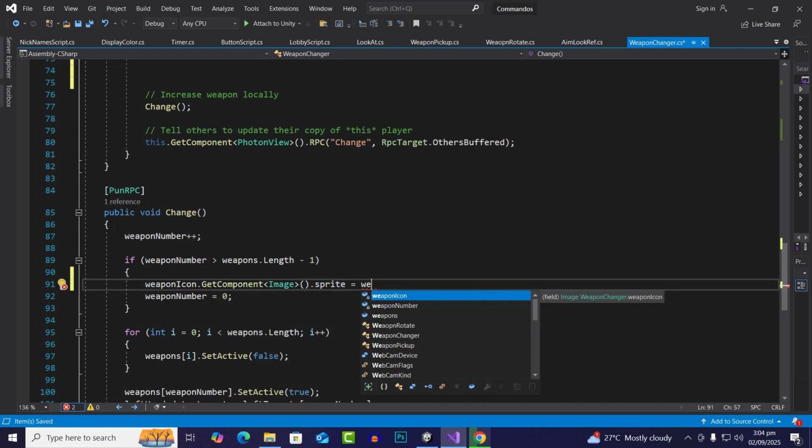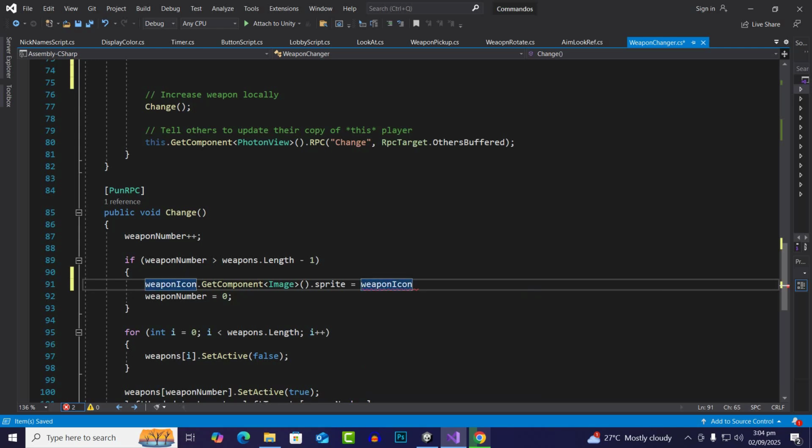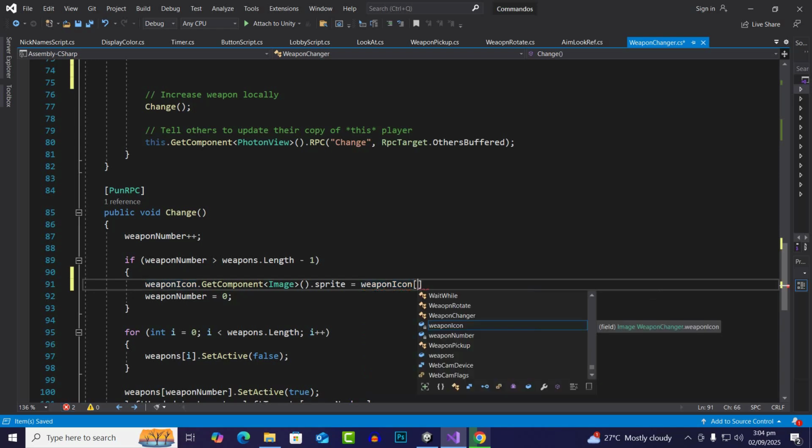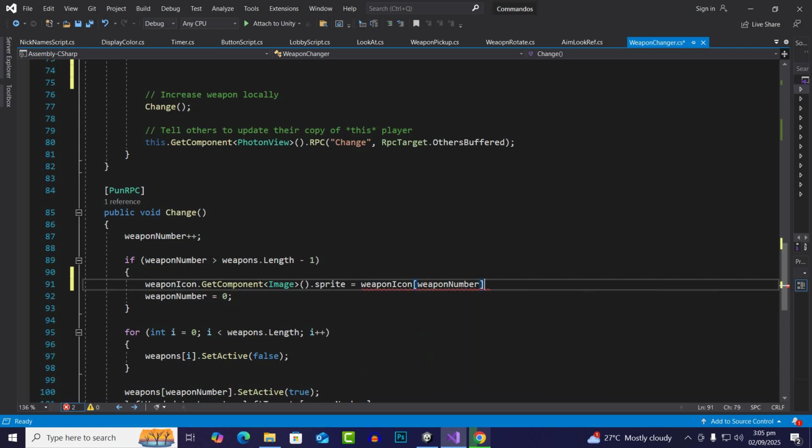So where is that? Yeah, weapon icons. And then we can get the weapon number here. Okay,